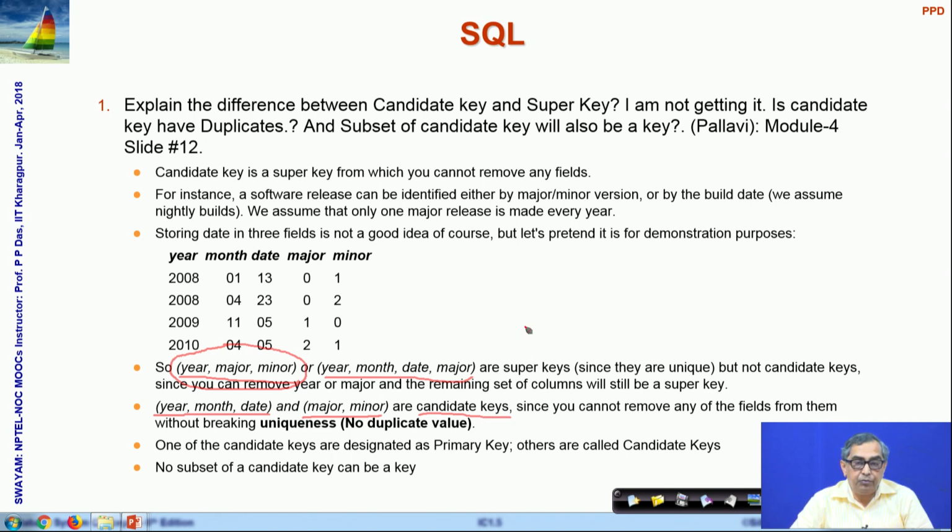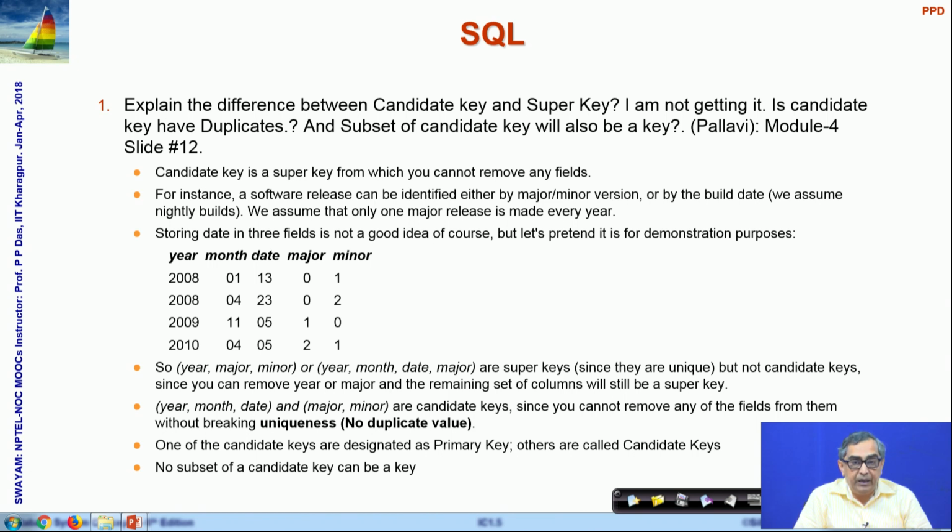So, a candidate key is one which is eligible in every possible way to be a key and is minimal in nature. Super keys are those which are keys, but may not necessarily be minimal. So, every candidate key is a super key, but every super key may not be a candidate key. It may have redundancies, and we particularly use the term candidate key to mean those possible candidates which could have behaved as a key for a relation. If there are multiple such keys, then one will be